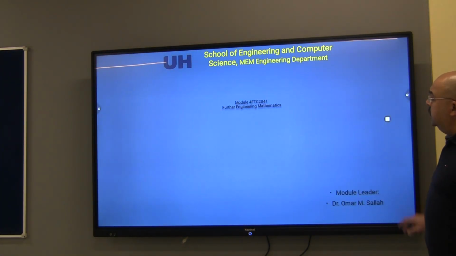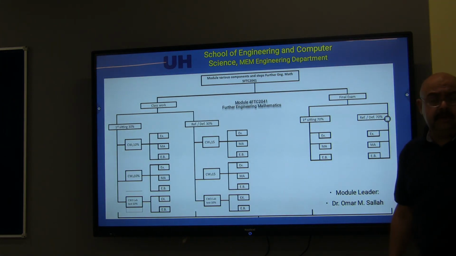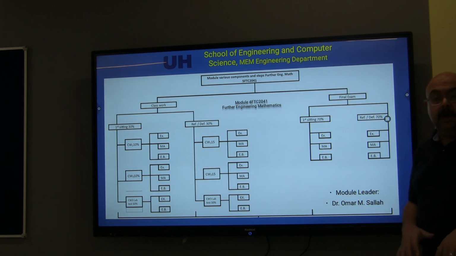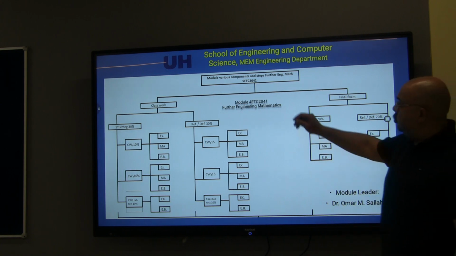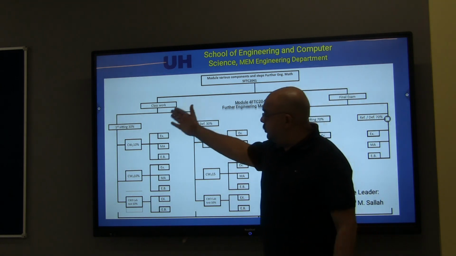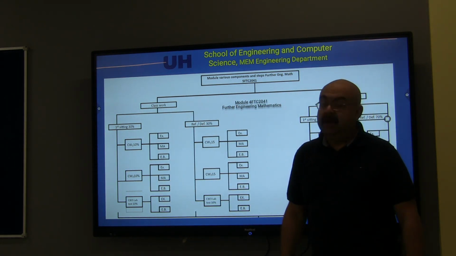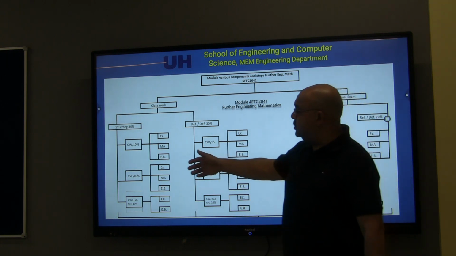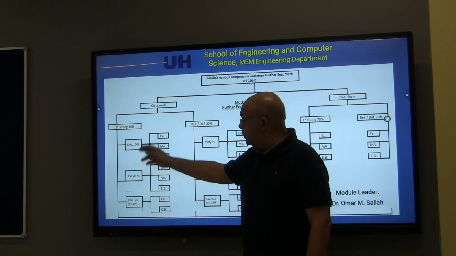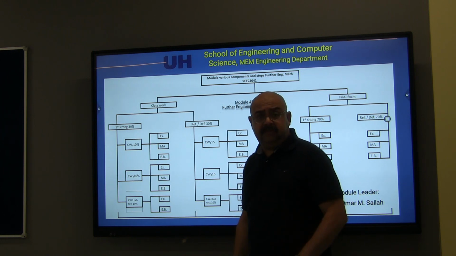As you can see, this slide mainly represents a flow chart about what's going to happen and the distribution of the grades within our course. Mainly, this course, Further Engineering Mathematics, is divided between 30% coursework and 70% for the final exam. For the 30% coursework, it is distributed between three courseworks. The first of them is the first phase exam,